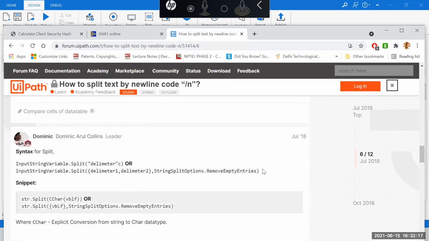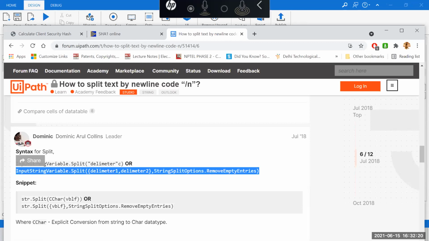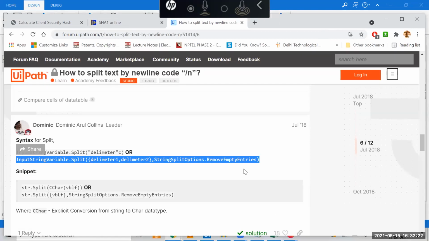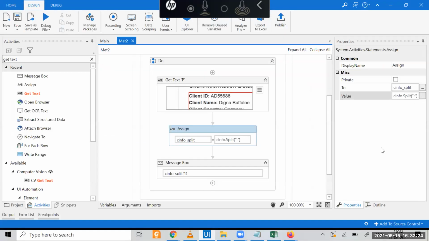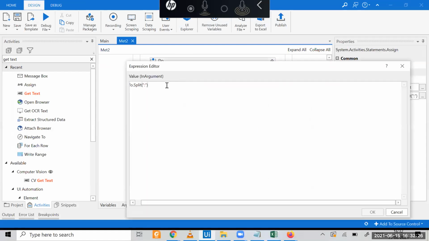So let's see whether this is working. Let's see, there is a solution. Our variable is cinfo dot split. Delimiter one is this one.